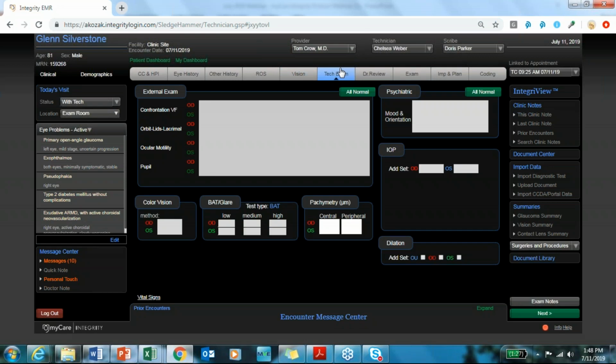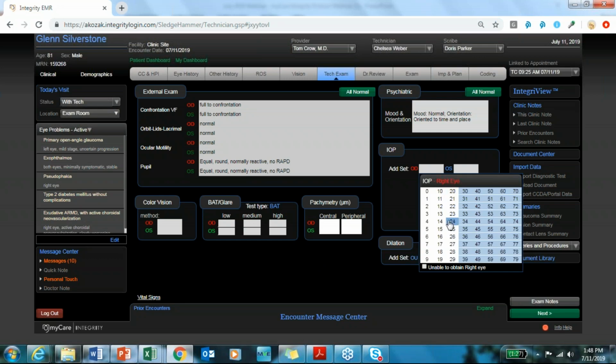All right, so the final tab for the technician, and see how easy it was just working down our workflow. We didn't get lost. I'm going to go ahead and check my normals, and if you need to mark your color, backpack use here or vital signs, this is the place to do it. You can also check your pressure here